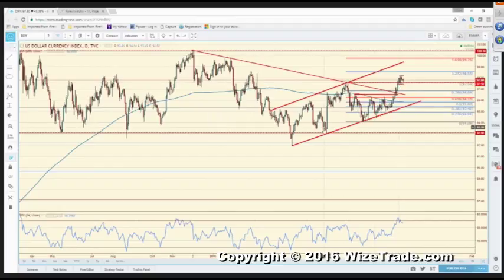Uptrend. Yeah, we're trending higher in this channel. AB says the RSI is toppy. Yeah, I would say the RSI has worked off or is working off overbought conditions. Correct. But you could have said the RSI was toppy here, right? Same thing. But we continued higher until we hit the top of the range here. So I wouldn't read too far into the RSI right now. It's just working off overbought conditions.